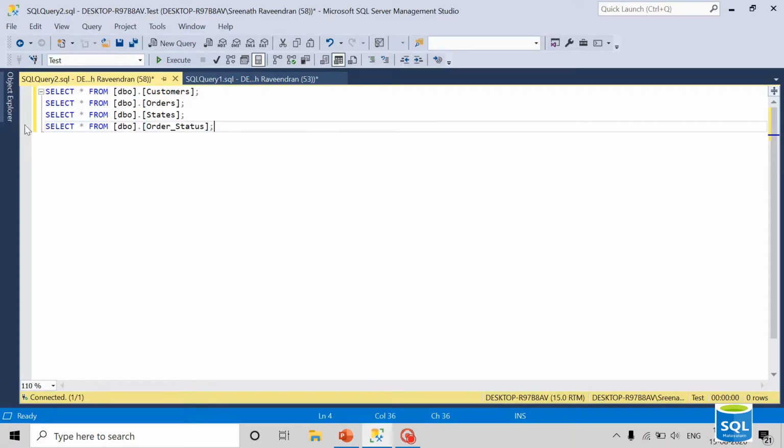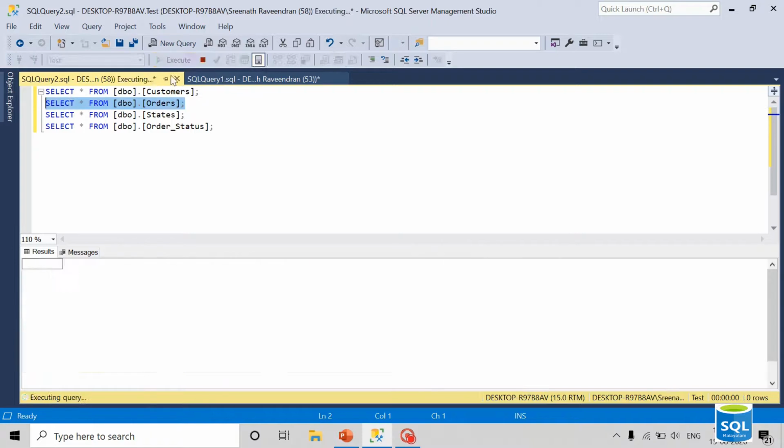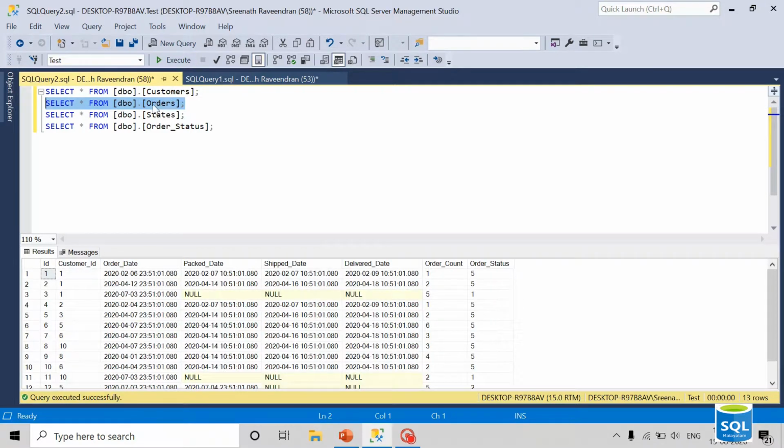In the last video, we discussed inner join. While discussing inner join, we created 4 tables: customer table, order table, state table and order status. It's a kind of order management system sample database. We have around 10 customers, and the corresponding customer orders are stored in the orders table.